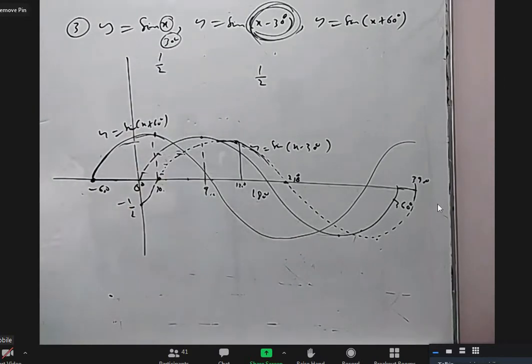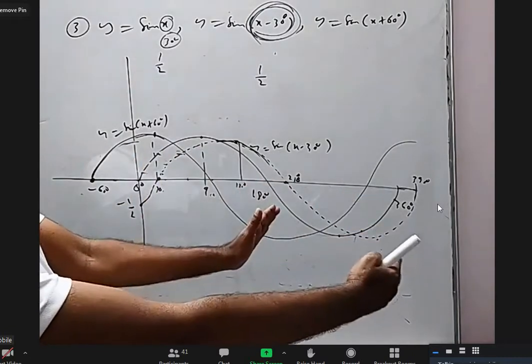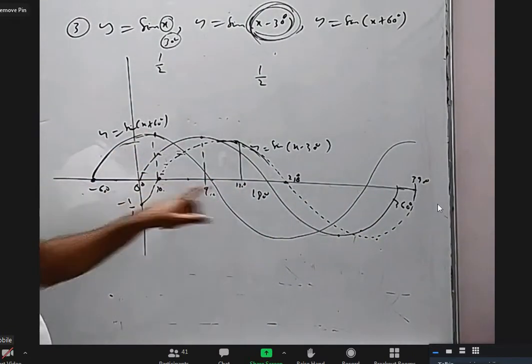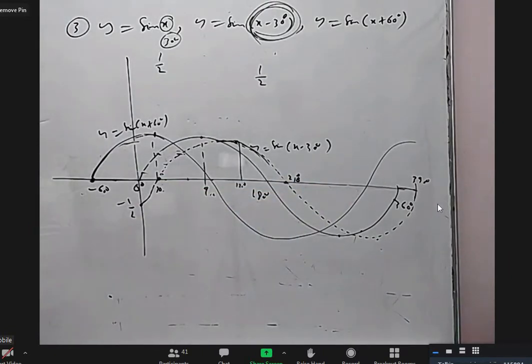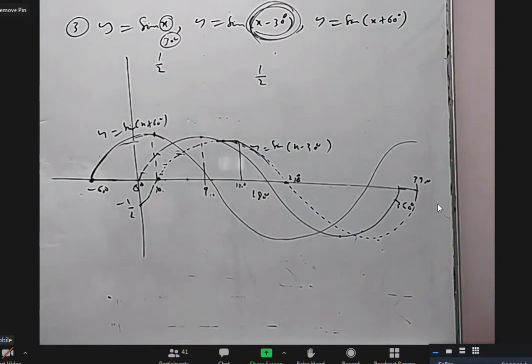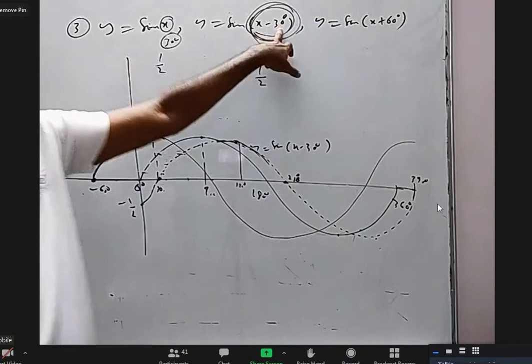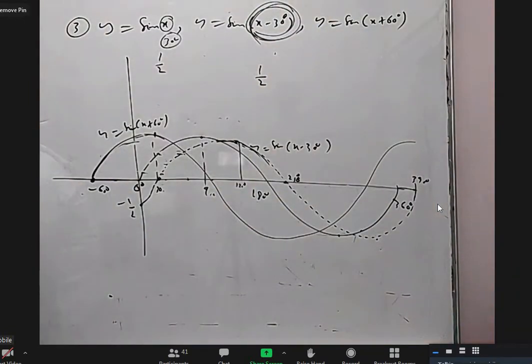So I am drawing the graph only. Please understand this graph, one time moving right side by 30, other time moving left side by 60. This is by 60, this is by 60. The x-axis is taken as degrees. I have not taken radians because I gave this in 30, and I would have given here pi by 6, I would have given pi by 3, then I would have written in radians. I thought angle is convenient for you, that's it.